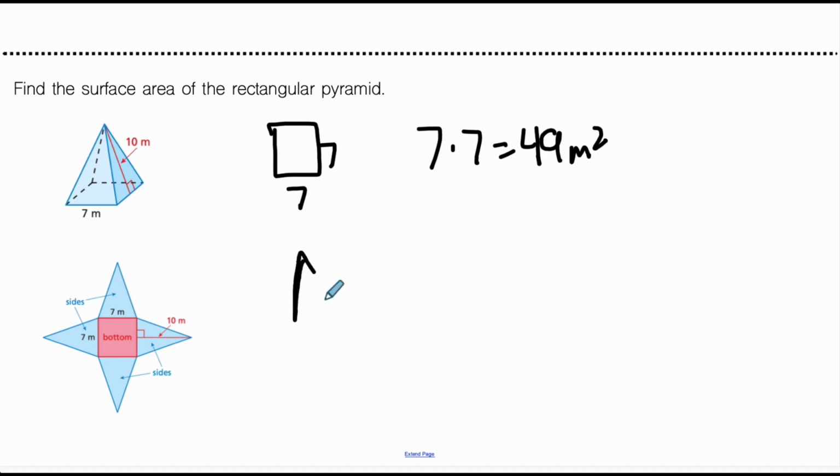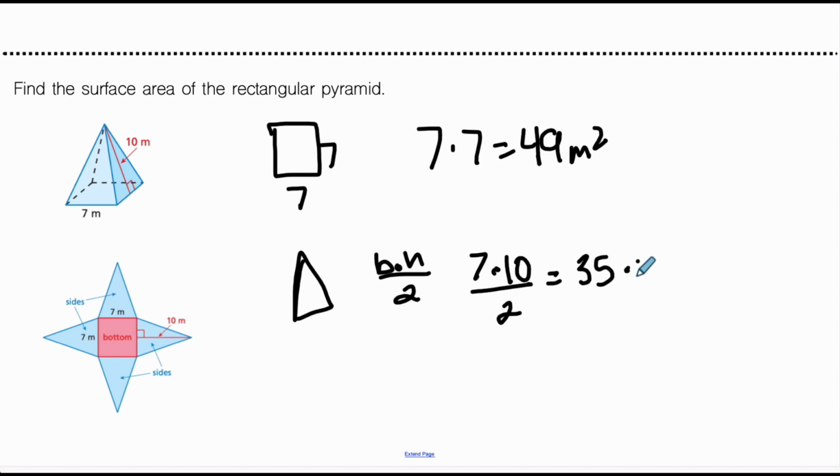If you can recall, the area of a triangle is base times height, but then cut it in half. So base times height divided by 2, or base times height times 1/2. Either way, you'll get the same answer, and that's going to be 7 times 10 divided by 2, which is 35. But you need to quadruple that because there are 4 triangles. So that's going to get you to